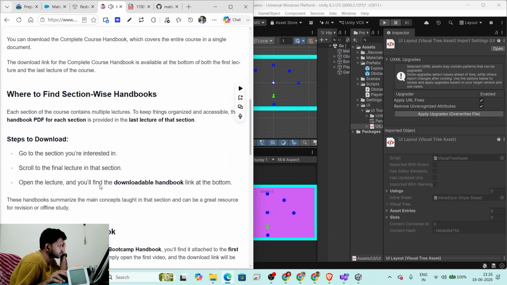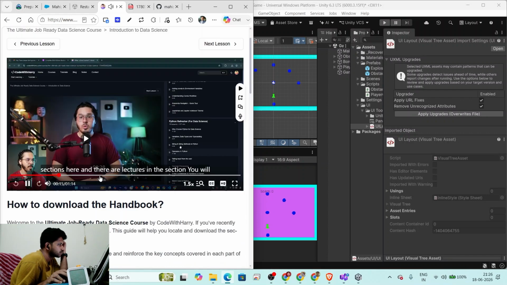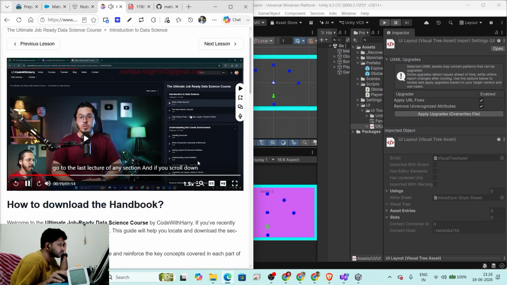तो हर पर्टिकुलर सेक्शन में अलग से हैंडबुक रखी है एंड एक बार ये कोर्स कंप्लीट हो जाता है टुवर्ड्स द एंड एट द स्टार्टिंग पब्लिक कंसोलिडेटेड हैंडबुक मिलेगी। बट करंटली जैसे जैसे कंप्लीट है आपको लास्ट वीडियो ऑफ द सेक्शन में एक हैंडबुक का लिंक मिलेगा जिसको आप डाउनलोड कर सकते हैं। उसी के साथ सारे कोर्स जिप नोटबुक्स और कोई ऐसी रिलेवेंट चीज जो कि जरूरी है वो मैंने